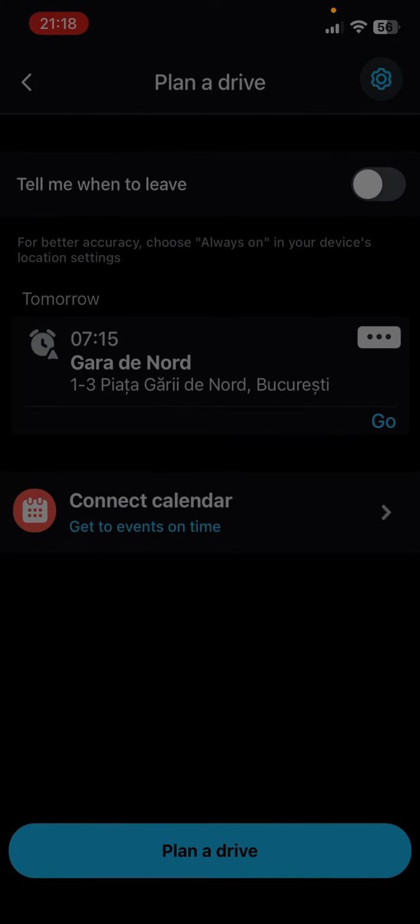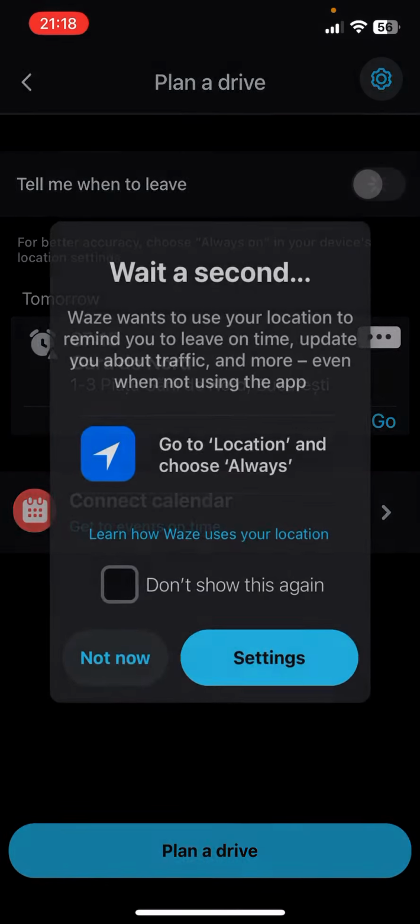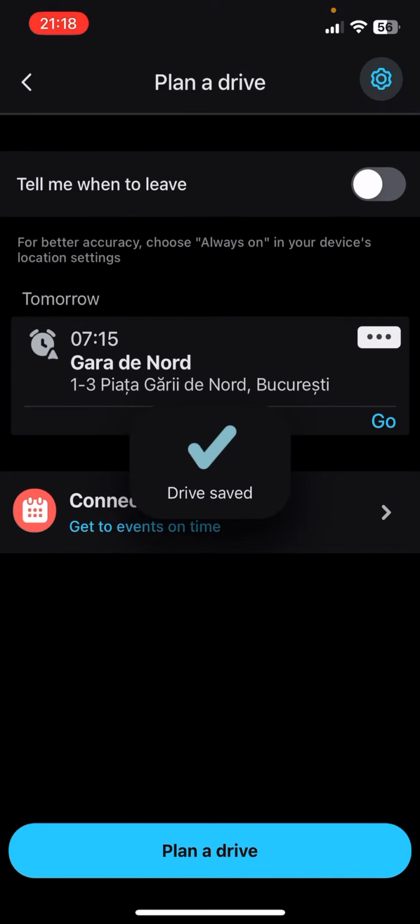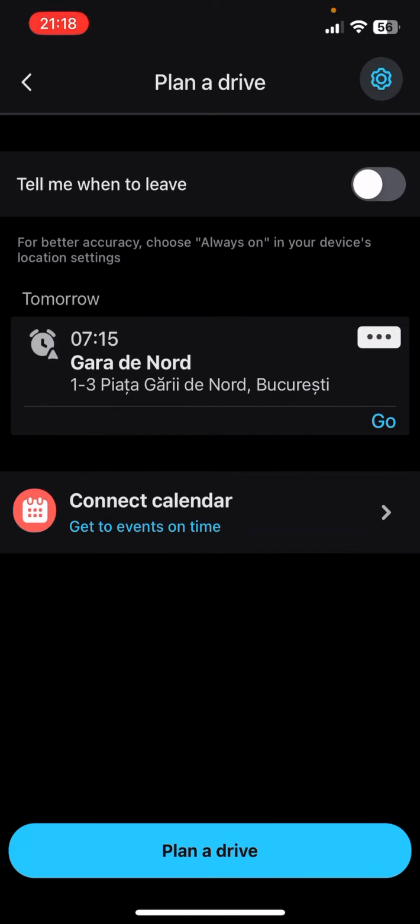it will ask me to allow Waze to also use your location even when you are not using the app. Keep only while using. Okay, and now wait a second. Waze wants to use your location. Not now. Okay, so the drive is saved, and it will notify me when I have to leave for arriving to